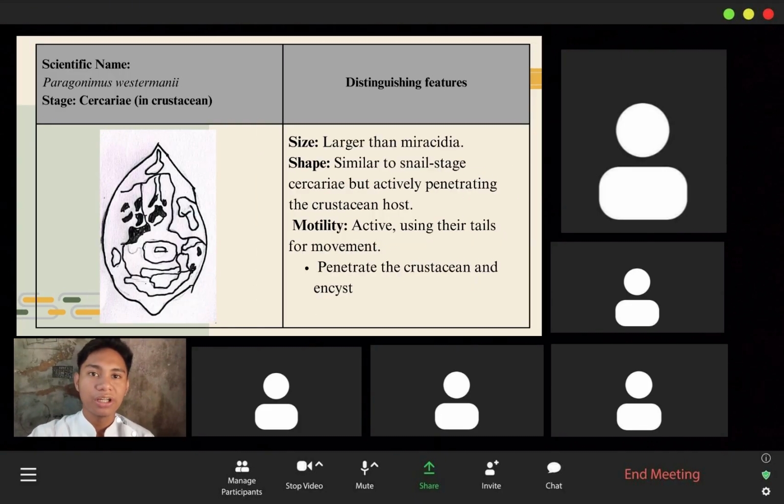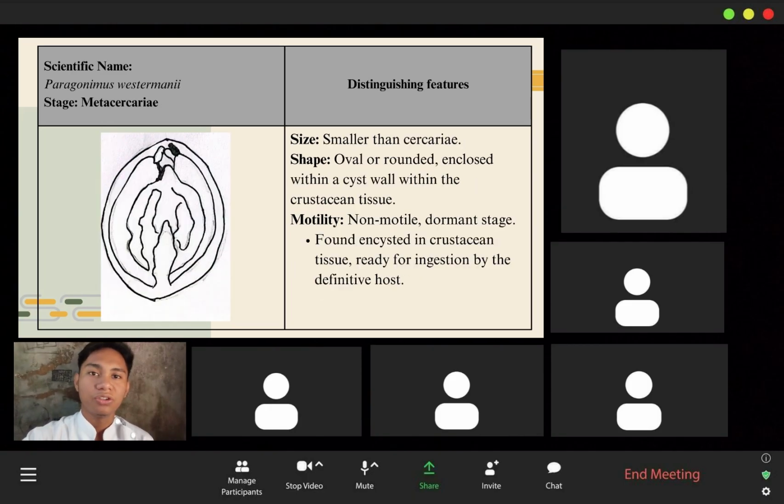Now let's move on to the cercariae. Its size is larger than the miracidia, and its shape is similar to the snail-stage cercariae, but it is actively penetrating the crustacean host. Motility is active, using their tails for movement, then it penetrates. Moving on to the stage of